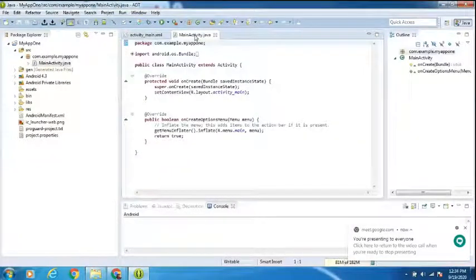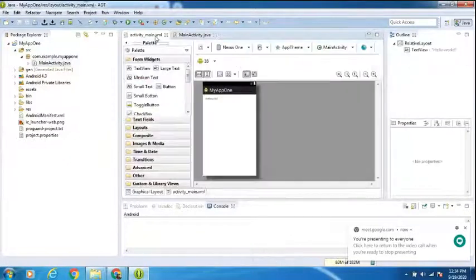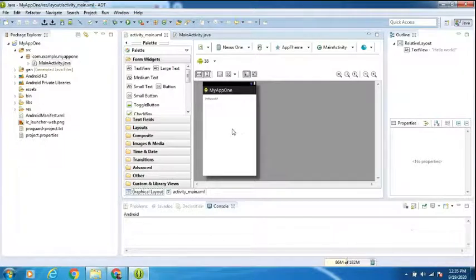Remember this. Now, when we click on this XML file, you are going to see two types of things. One is the layout. Layout means it provides the GUI environment physically. When we execute our Android application, how the appearance will be is shown in the layout.